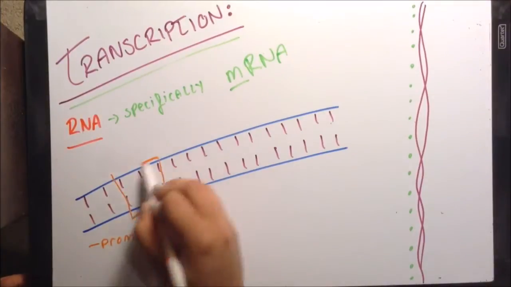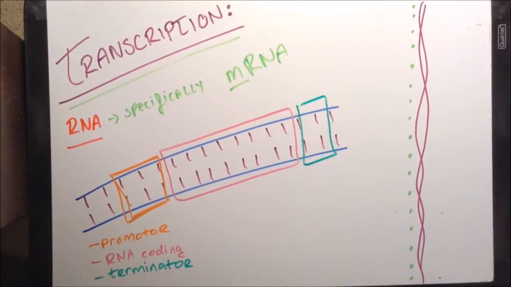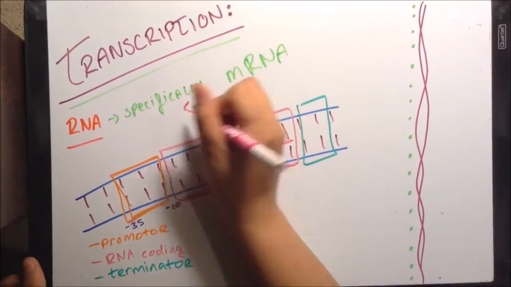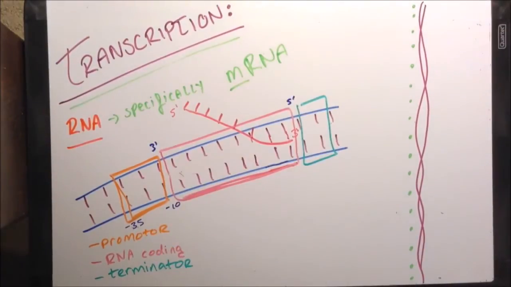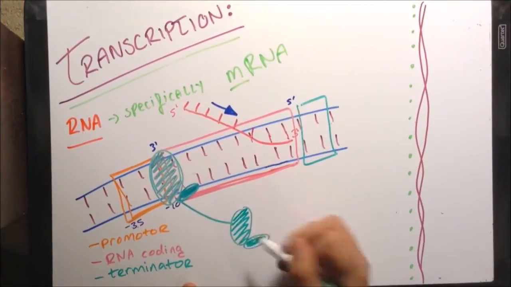To make the RNA strand, you need a promoter region, an RNA coding region, and a terminator. We go through 3 stages: initiation, elongation, and termination. In initiation, transcription will begin at the start site just beyond the promoter region, usually here. This base sequence is necessary to start. In bacteria, core RNA polymerase enzyme and a sigma factor will bind together to make a holoenzyme, which will